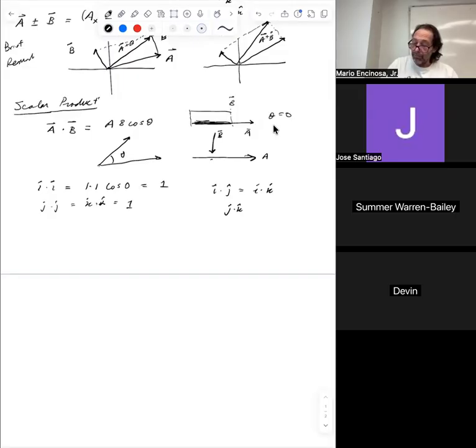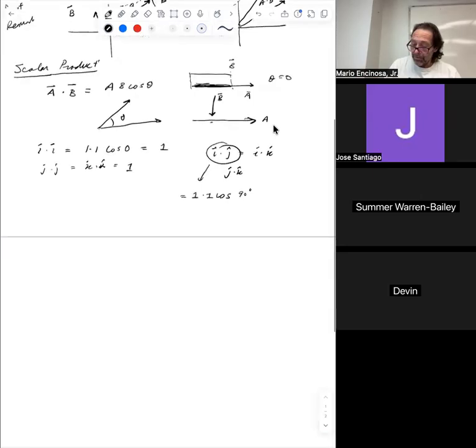Why? Because when we evaluate, for example, this is 1 times 1 times the cosine of 90 degrees, pi over 2, whichever one you prefer, and cosine of 90 degrees is 0. So if we had a chart of i hat dot i hat, i hat dot j hat, i hat dot k hat, the advantage of knowing all of you